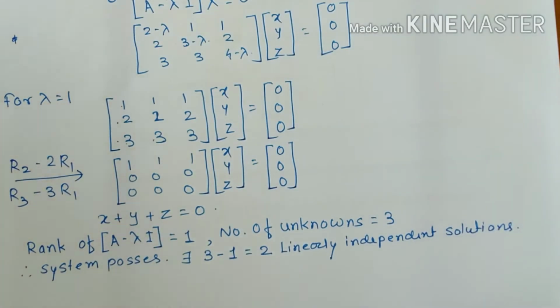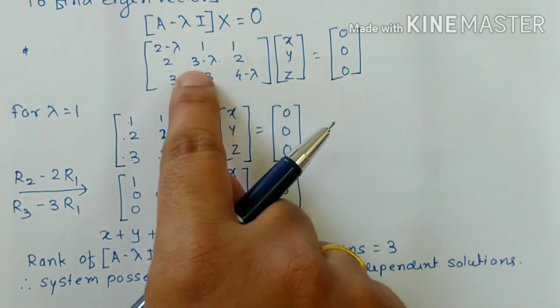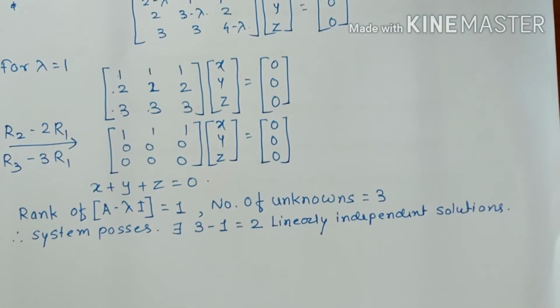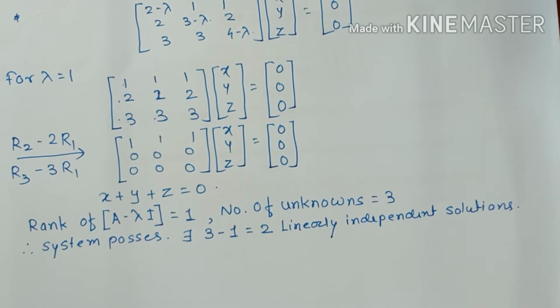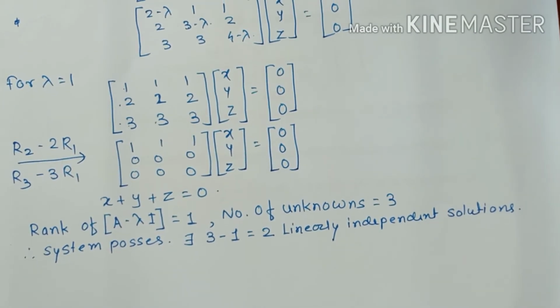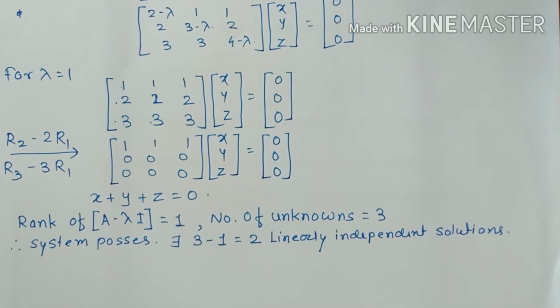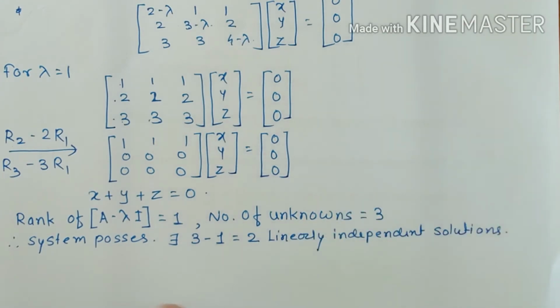Okay. So which system? This A minus lambda I into x is equal to 0. This system will have 2 linearly independent solutions. Are you clear with that? In the earlier example where we solved a problem by the technique of the system of homogeneous equations, there we also discussed the same thing. But when we applied Cramer's rule, we have not discussed this part. Because whenever you get a distinct eigenvalue, we get only one linearly independent solution.